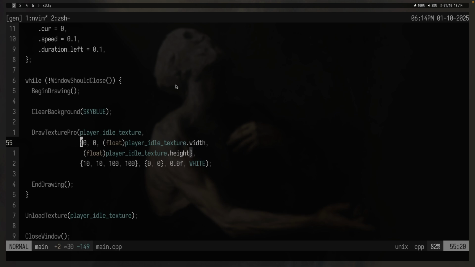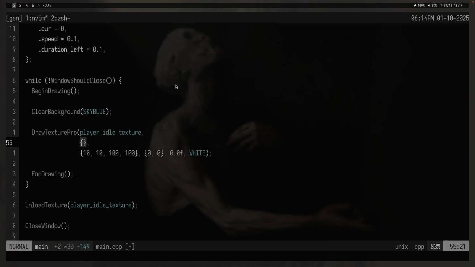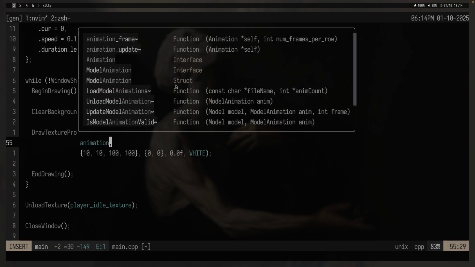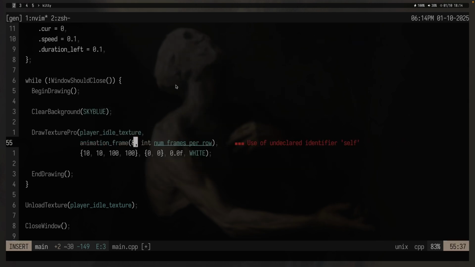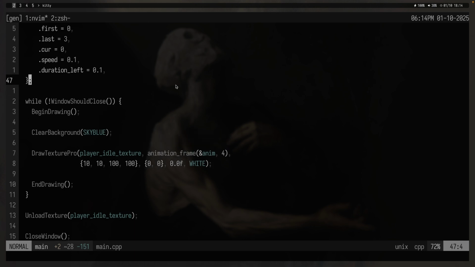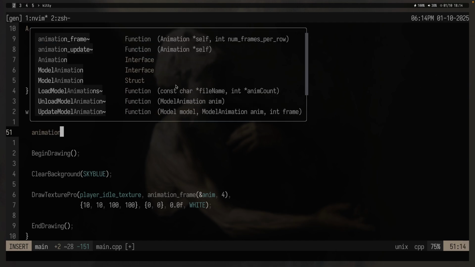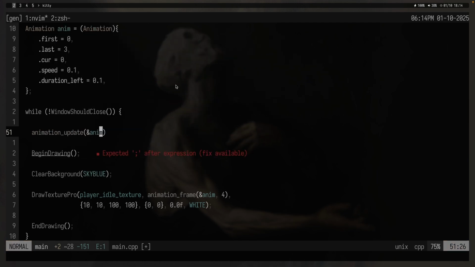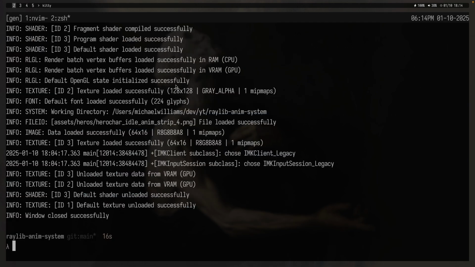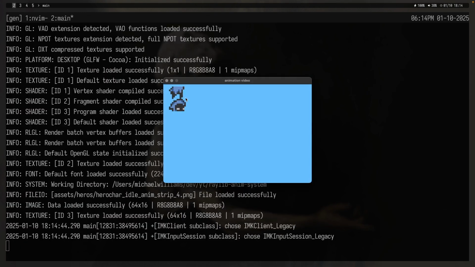Now, instead of just displaying the entire image all at once, we can just get rid of that and then just use that animation frame function here and pass in the animation. And then for the number of frames per row, we know that to be 4. But this wouldn't actually move at all because we need to update our animation every single frame. So before they begin drawing, I'm going to put animation update here, pass in our animation, and now we should be good to go. If I run make and then I run main, we should see,